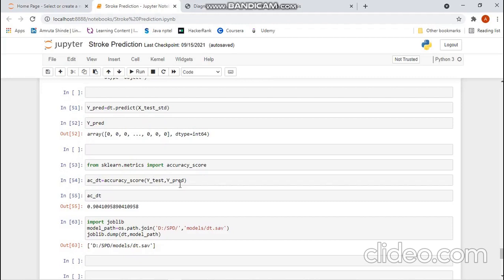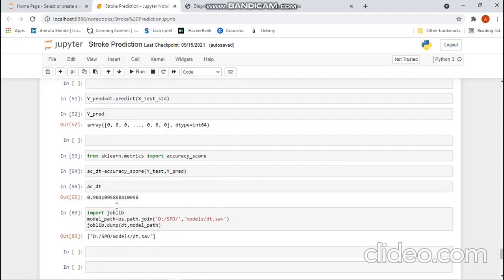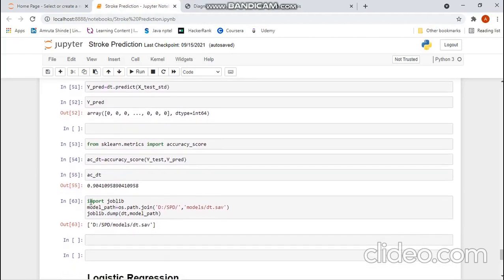So this gives us the accuracy of our algorithm, which is as follows. It is 90.41%. Now I have used joblib to save this decision tree model, and then joined the root path and the models path, and then I have dumped the decision tree into the model path.